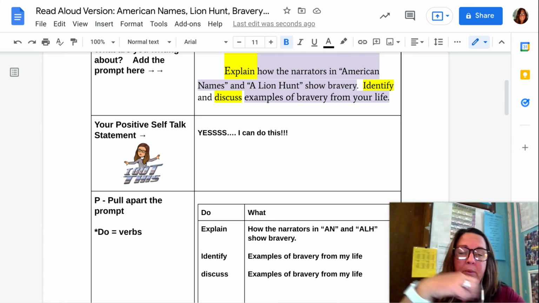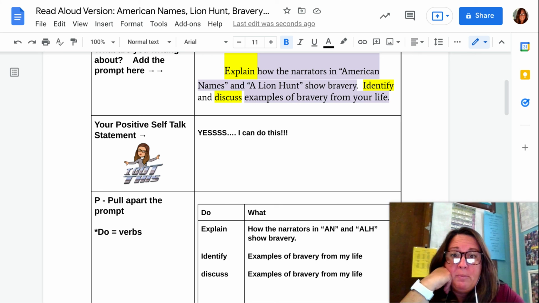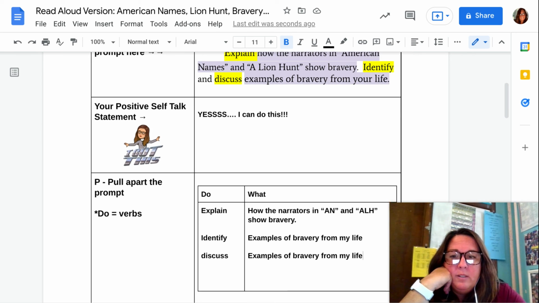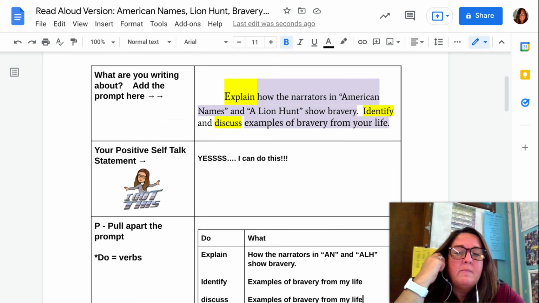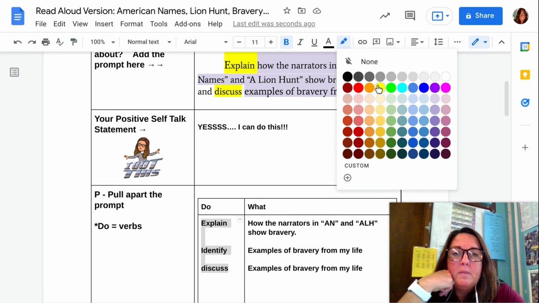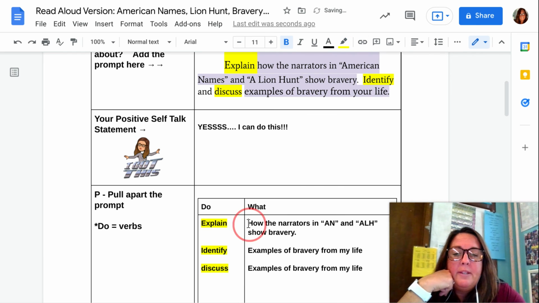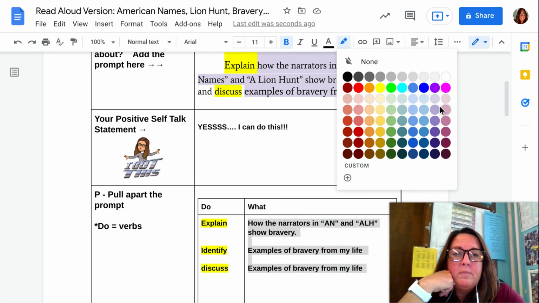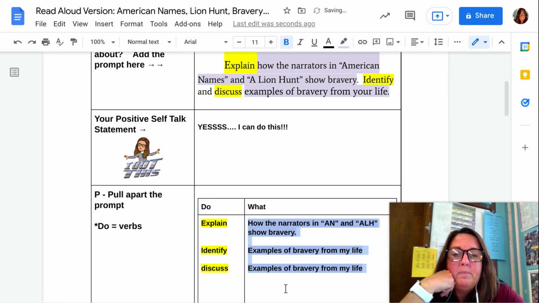And the prompt is what we are writing about as we develop our essay. Okay, I'm just going to color code these so you understand too. Make these yellow. And I'll make these purple so they match, and so you can see the connection to the prompt. There we go.